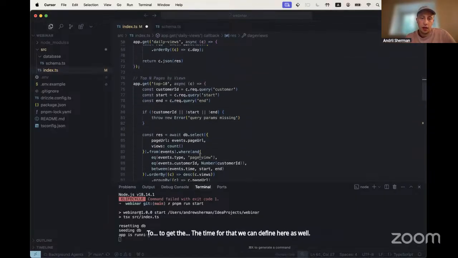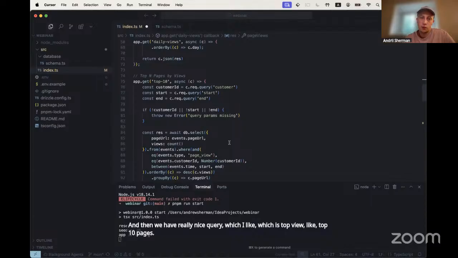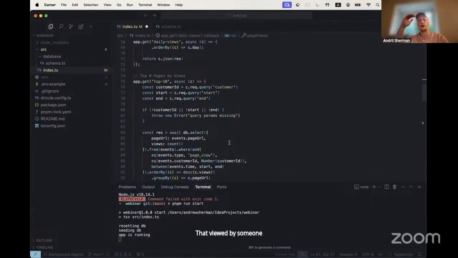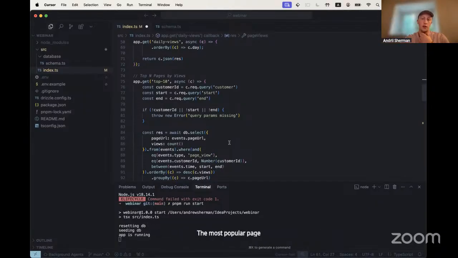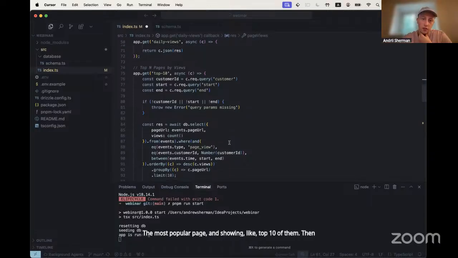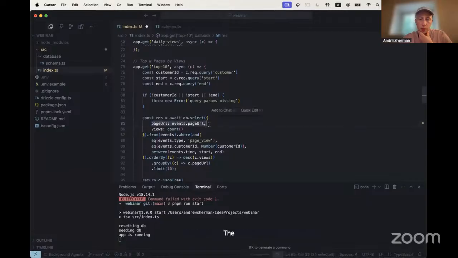And then we have a really nice query, which I like, which is top view, like top 10 pages viewed by someone. So if you have this analytic table that's showing you each page, the most popular page, and showing like top 10 of them, then we actually need to make this query. And it's also possible with Drizzle. So first of all, we need to get the page URL that should be shown for you and the views for this URL.